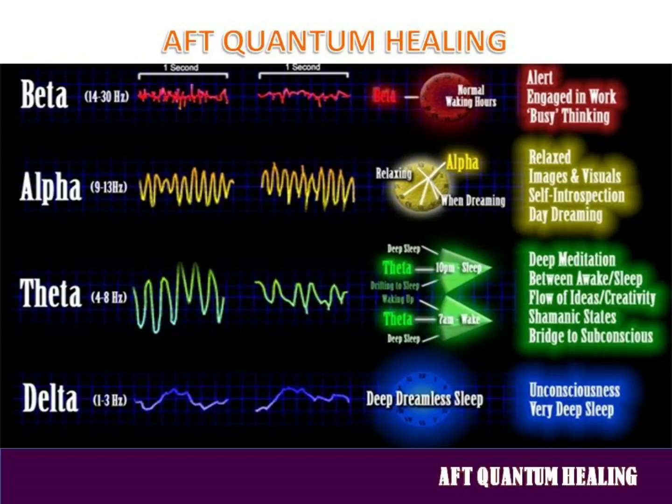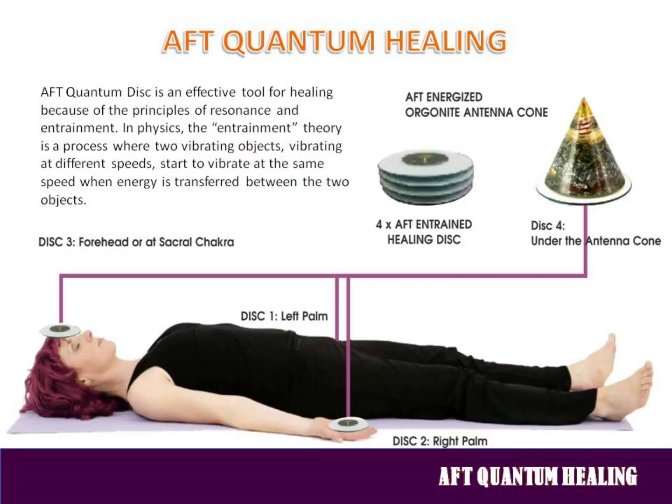All right. In AFT quantum healing, it's about bringing that person down to the theta state. And the more and more you're able to be in this state, that's where more healing happens and a speedy recovery happens and so on. And the last state is what we call the delta state, the 1 to 3 hertz. That's a deep, dreamless state of unconsciousness that is in a hypnotic state and so on. So in AFT quantum healing,